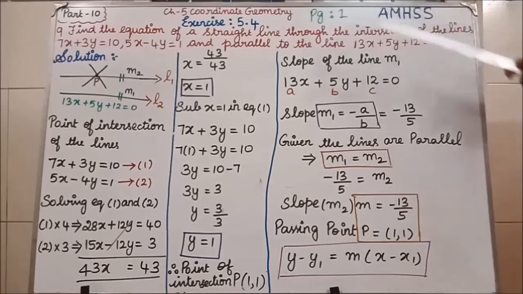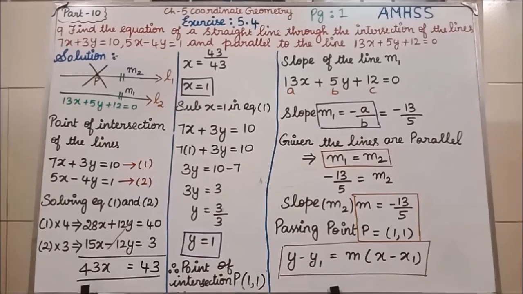Okay, still the problem is there. See, I have written the page number. Up to this you have to copy. Then I will erase. Now I will write the remaining part. Students, up to this all of you are clear? Next we will substitute and we need the final answer in the equation form. Equation of a straight line form we have to find. Now we will see that.